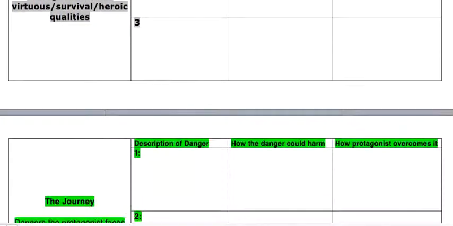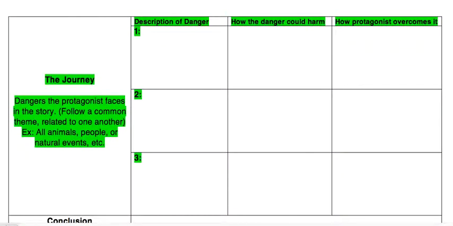Now, as we continue on here, the next thing we have are the dangers. So again, this is part of the journey piece of the folktale. Now again, the dangers that the protagonist faces in the story need to follow a common theme. So there are three examples listed. It could be an animal, it could be people, or it could be some type of natural event. So think back to the previous video. We talked about how the dangers could be related to nature, such as elements of water. So again, your danger